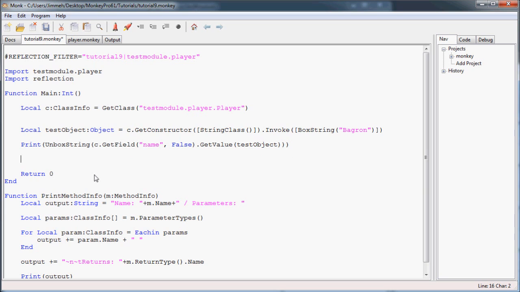Now let's invoke a couple of methods inside this class. The ones we're going to invoke are the damage. We're going to damage our player, and then we're going to get the HP back out and print that off. So the first thing we're going to do is we're going to get our damage method. So I'm going to create a new local variable called damage method, and this is going to be of the method info object type. And we're going to get method,